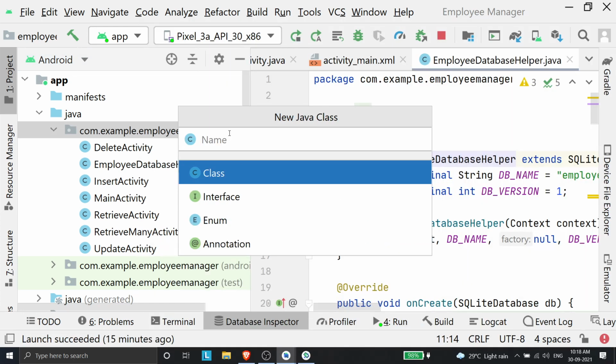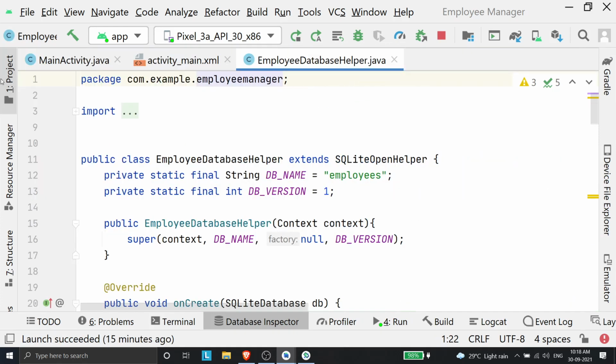So I need to give a name. I can give any name. I'll just give EmployeeDatabaseHelper because it makes sense for me. You can give any other name you want. Once you open this EmployeeDatabaseHelper, it will have public class EmployeeDatabaseHelper. It will not have this extends SQLiteOpenHelper by default. You need to write the extends SQLiteOpenHelper, and once you do that,